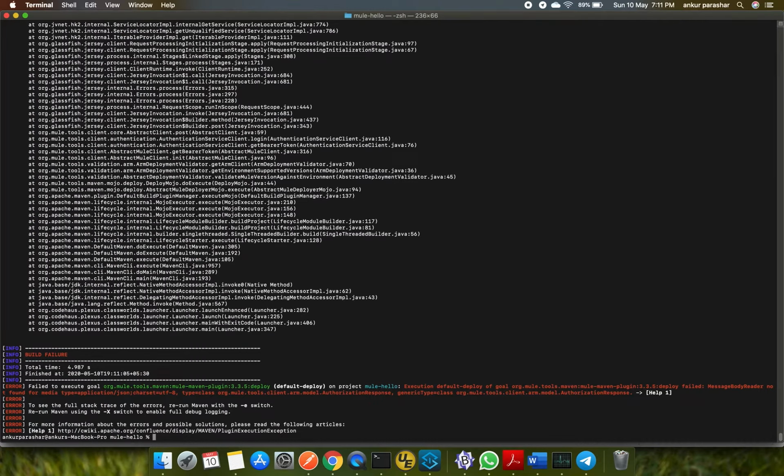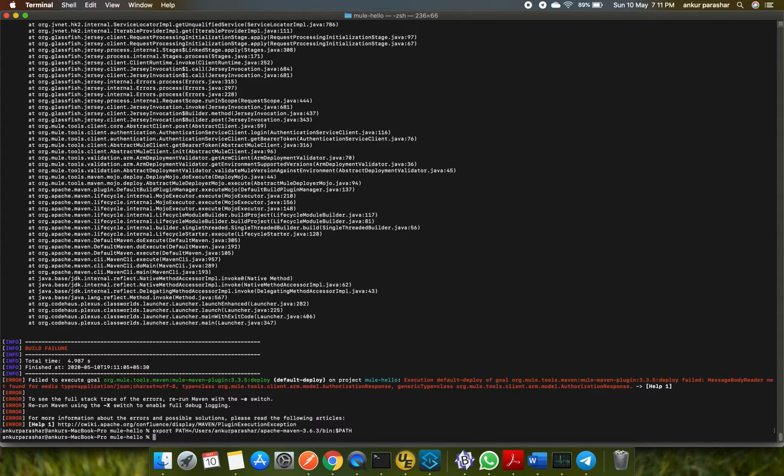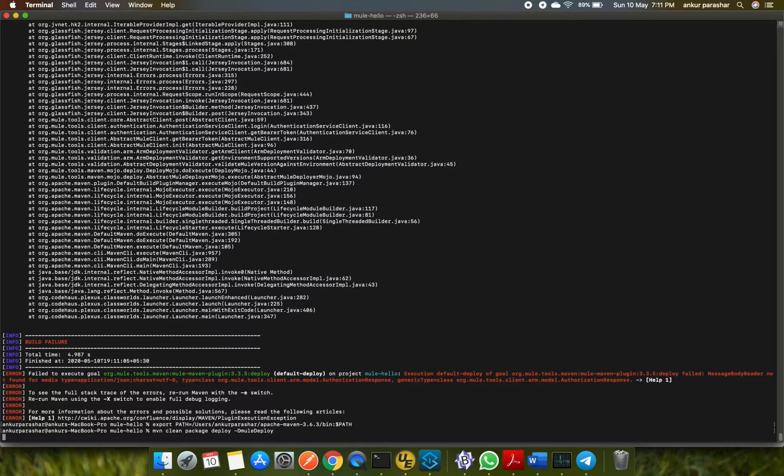But now it is giving me an error. Reason being, I need to set up the export path, which is nothing but setting up the Apache Maven path onto the path environment variable, and I will run it once again.